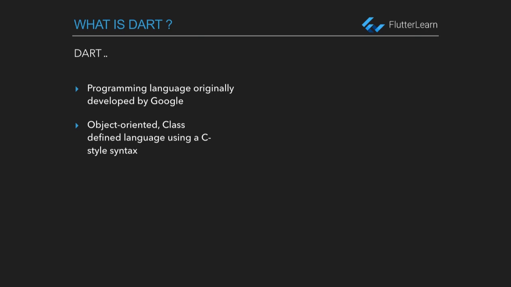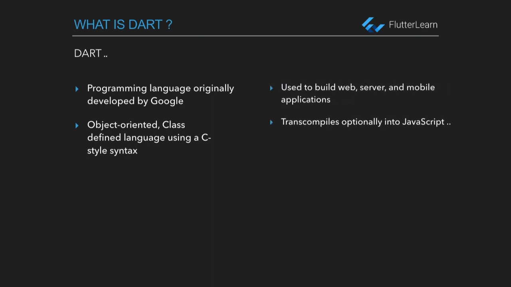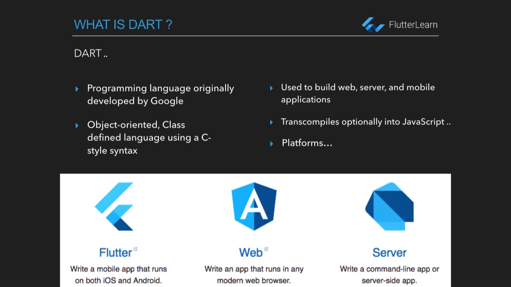Our main focus of learning would be the Flutter framework, which uses Dart as its primary language. Now, what makes Dart so versatile is the fact that it compiles in its own format, but also transcompiles into JavaScript, which is readable by most devices. So Dart can be used to make cross-platform mobile applications, web applications using Angular Dart, and command line applications or